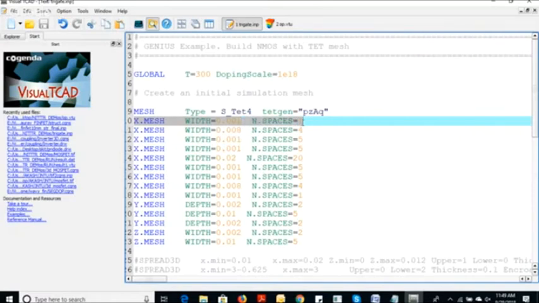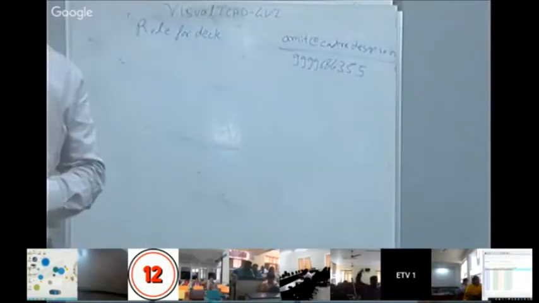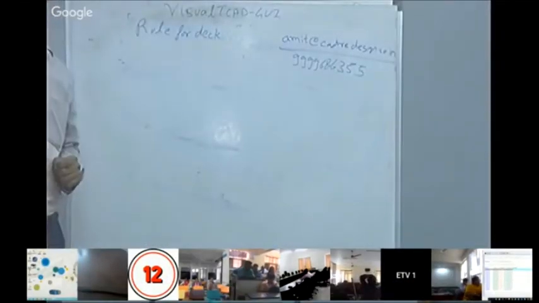So if I say 1 space, it means I'm just drawing it. If I explain this code,